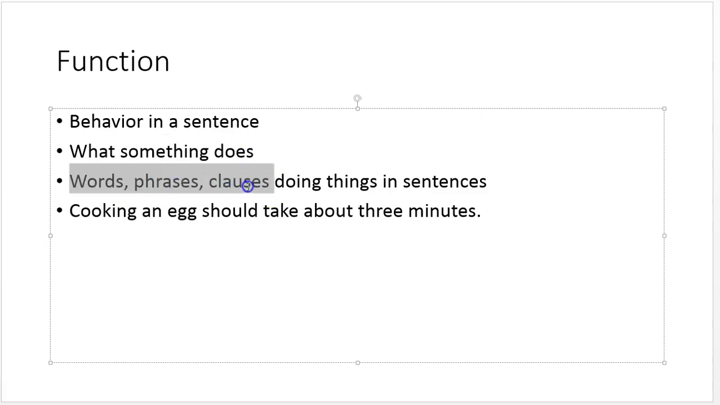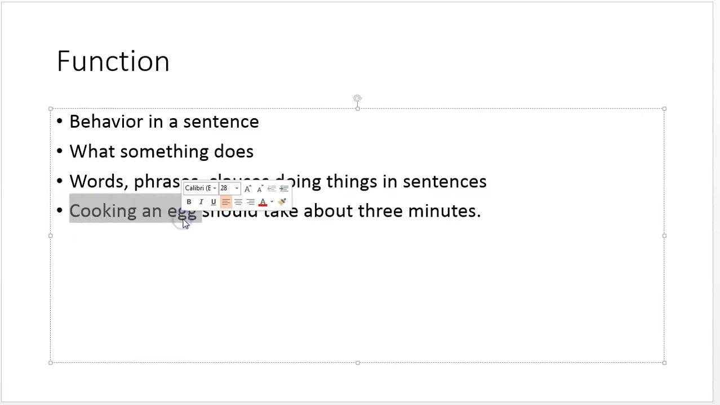Words, phrases, and clauses do things in sentences. Again, you're going to see this is the system within the system. That's what it is. And so I know you might feel a little bit lost right now, but words, phrases, and clauses have functions. They also have forms. So you always have to be able to do that and be able to switch between them and understand how each are simultaneously working. If I had a sentence like cooking an egg should take about 3 minutes,